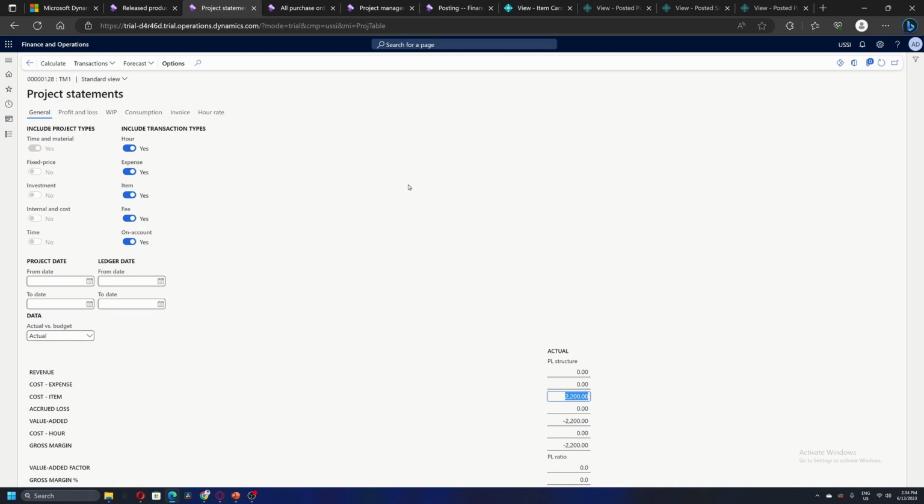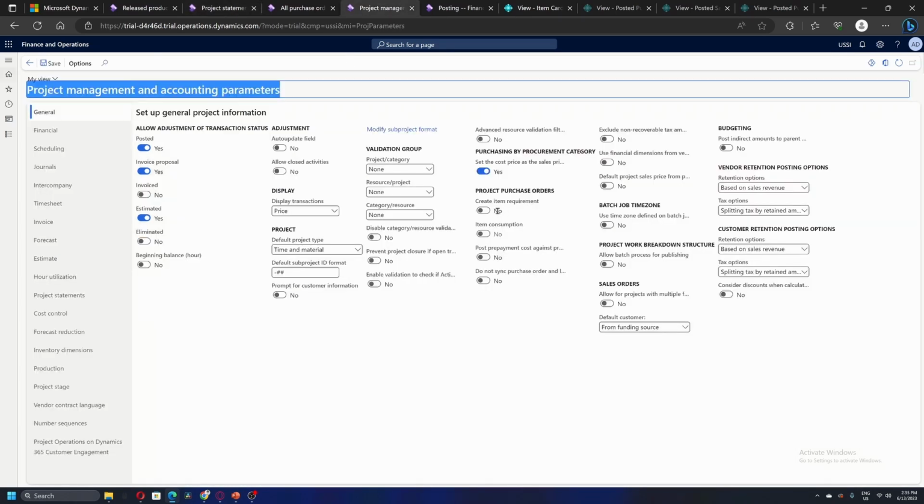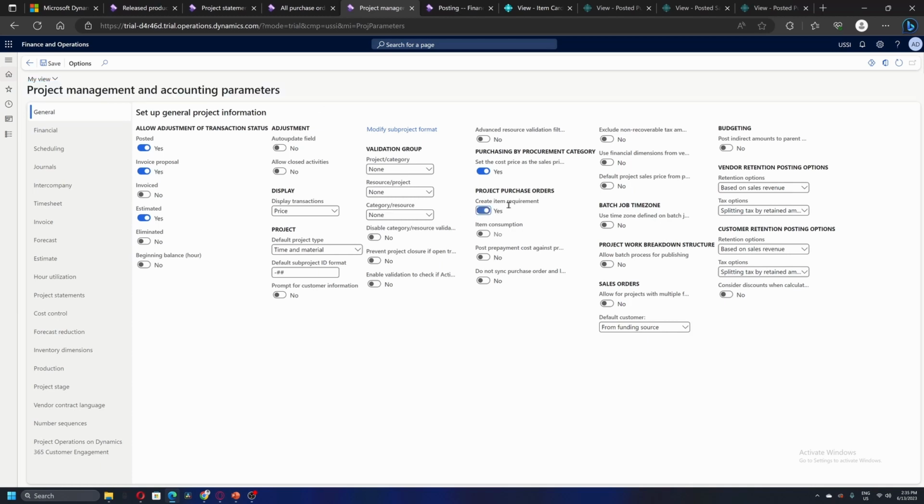So the consumption time will be different from the material receipt and invoice time. If I want this functionality, we can do this by using create item requirement. So I'll quickly go to project parameters, set create item requirement to yes, and save this parameter.